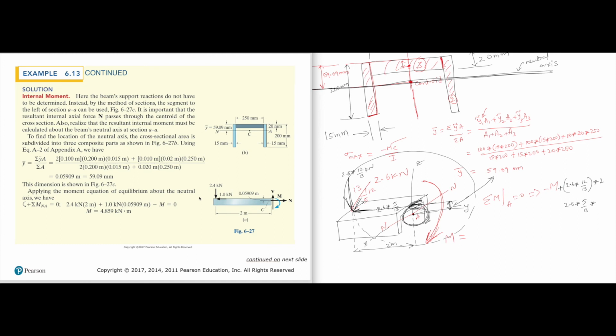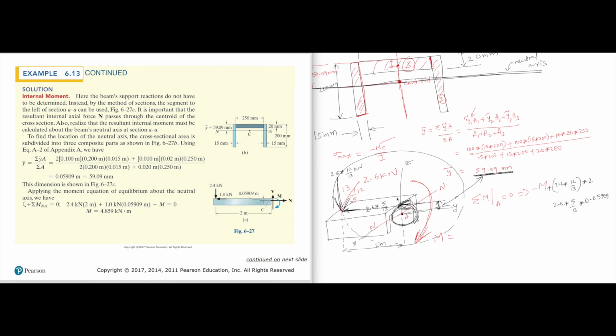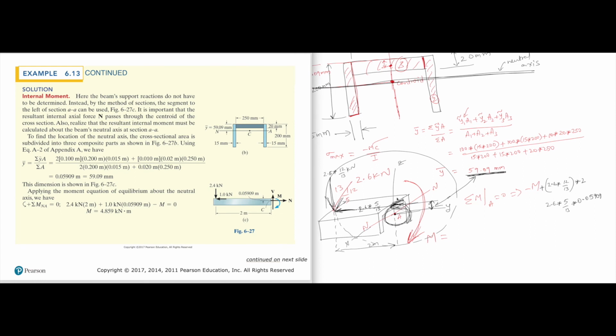times that, this one converted to meters will be 0.059, right? I'll just write it till there, 0.059, and that should be equal to 0. That implies what is the moment? Isn't the moment